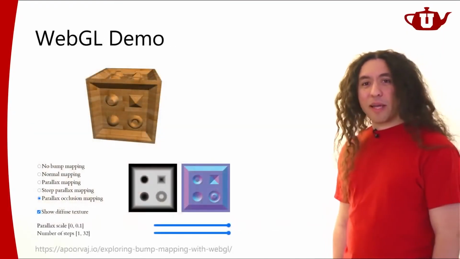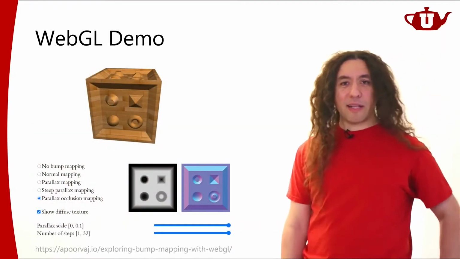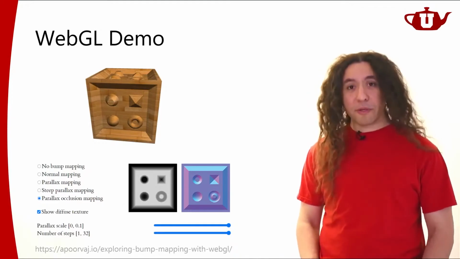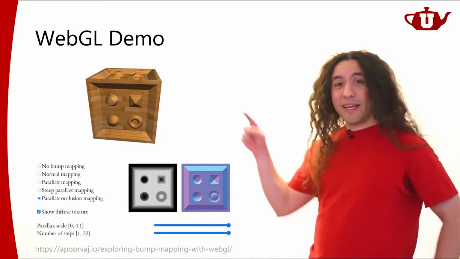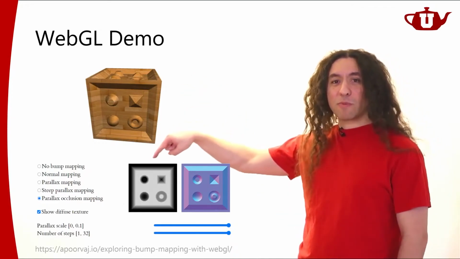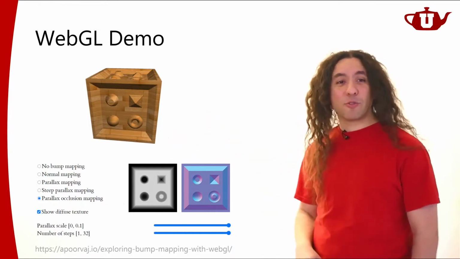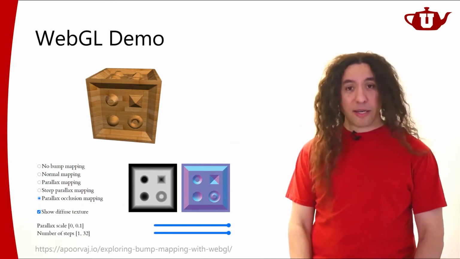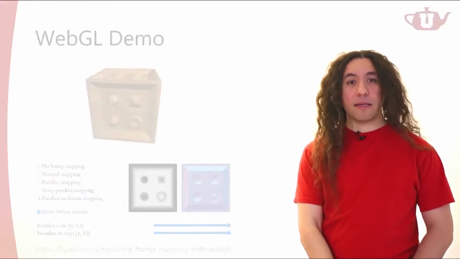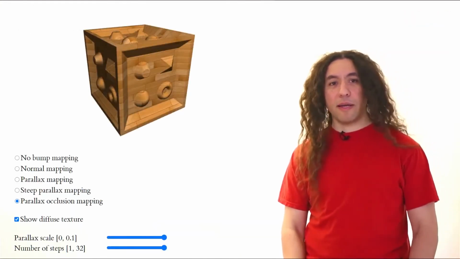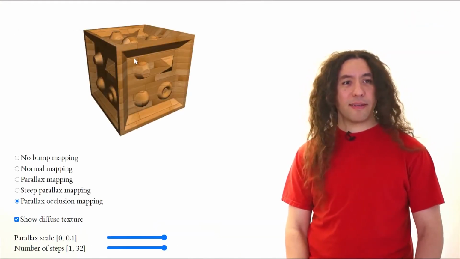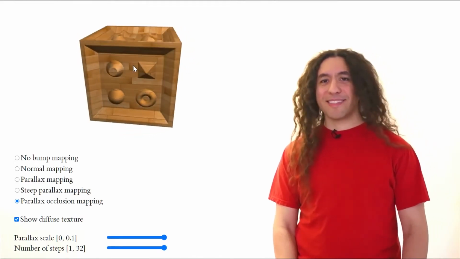Here's a demo that you can play with as a WebGL demo. Actually, you know what? I'm going to show you this demo. I really like this one. It's a cube using this displacement map and this normal map applied on it. Let's see. Does that work? Oh, there it is. Okay. Let's start rotating this.